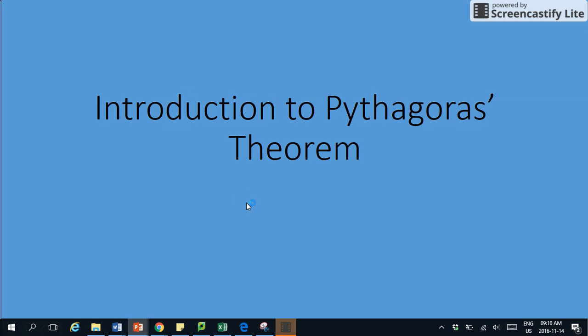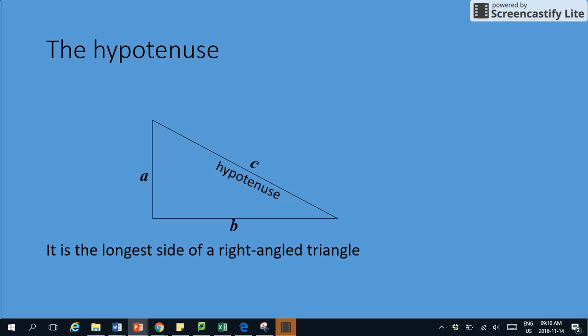So this is the introduction to Pythagoras. Now, don't be nervous about the name. It sounds complicated. It's not. It's pretty good. All right, so the first thing and the first word you've got to learn when you're doing